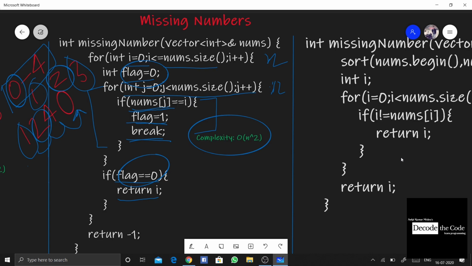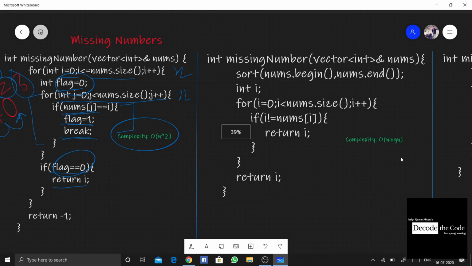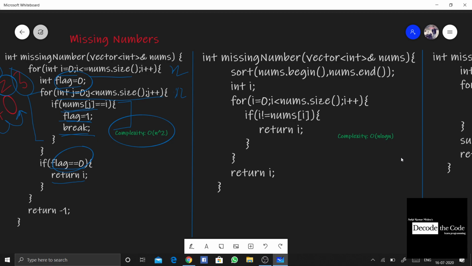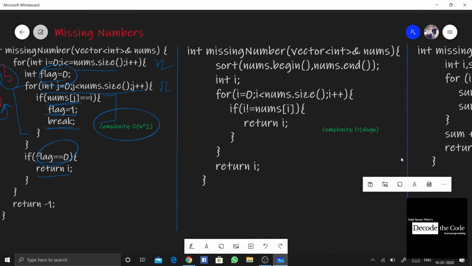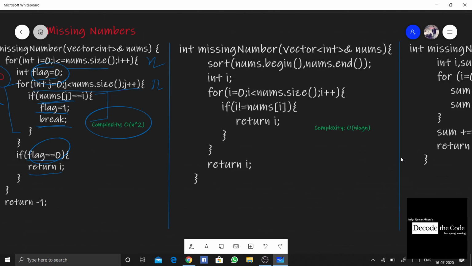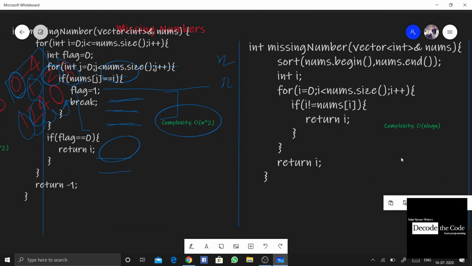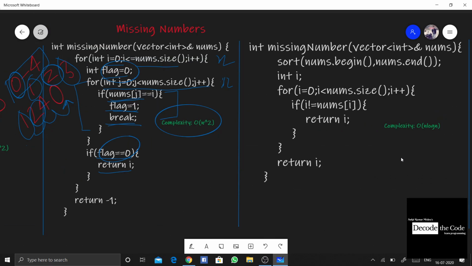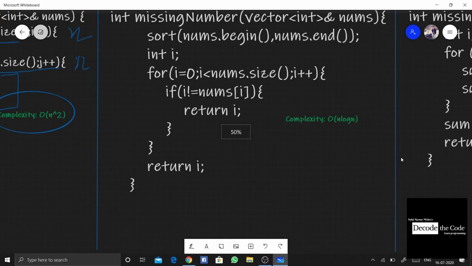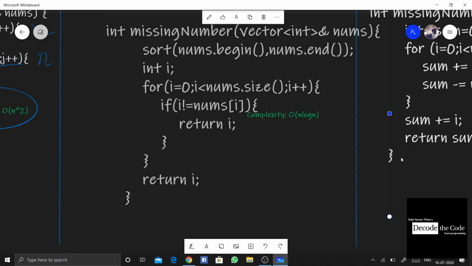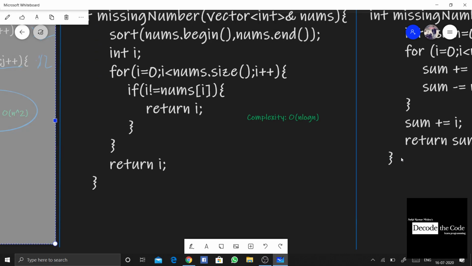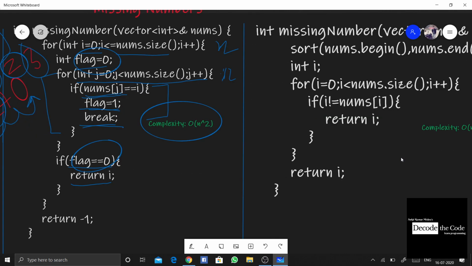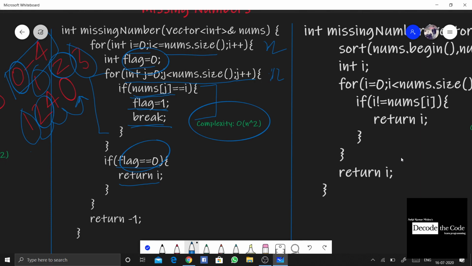So now we are going for the second approach. What else can we do? As we can see here, there is something going to be n. So the second approach that would come to our mind, or to make it more clear, what came to my mind is, why not sort the array first? That means if we are given this array, what was the array? Just let me write it over here again so that it will be easy. That is 1 2 4 and 0.